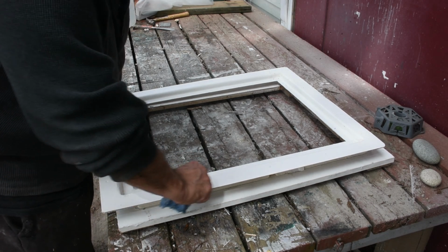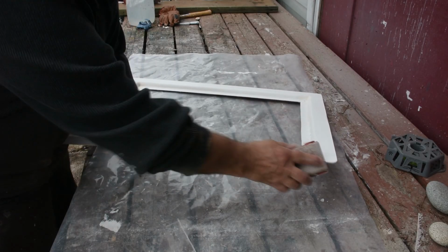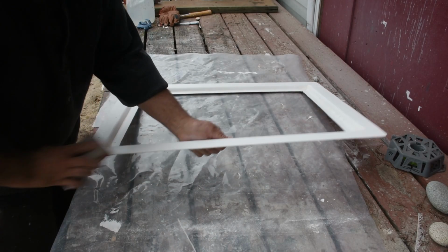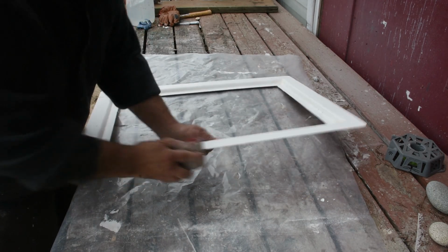And then we got that popped off and cut off. What we'll do is aerosol all the sides of it. We want to take off all the sharp edges and round over the corners as well. And this is our framework